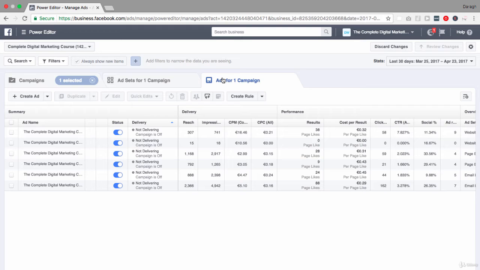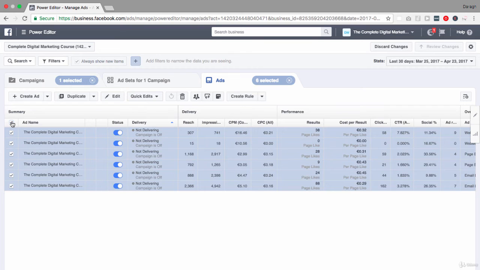Now, what I may have noticed from my campaigns is that one image was outperforming everything else, and I want to update all of the ads to be the same in terms of the image. I still might have different copy across the different ads, and that's why I'd still maintain them as separate ads in the ad sets. So what I can do once again is just come down here and select all of